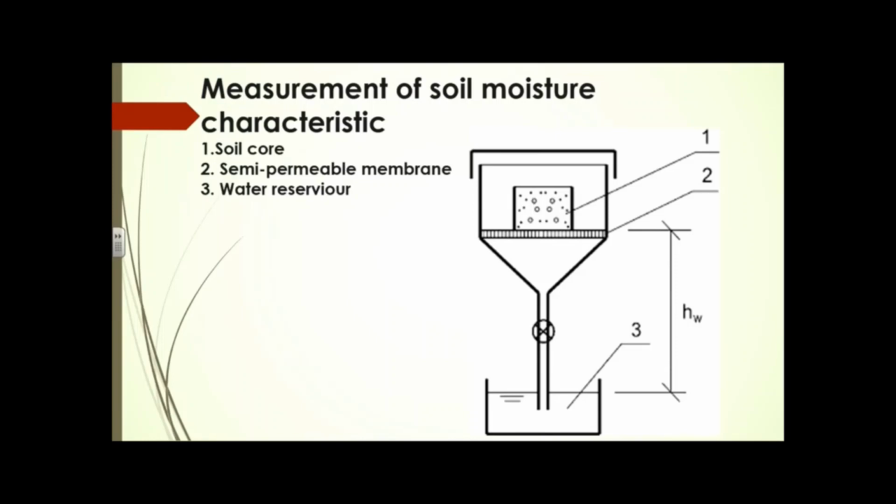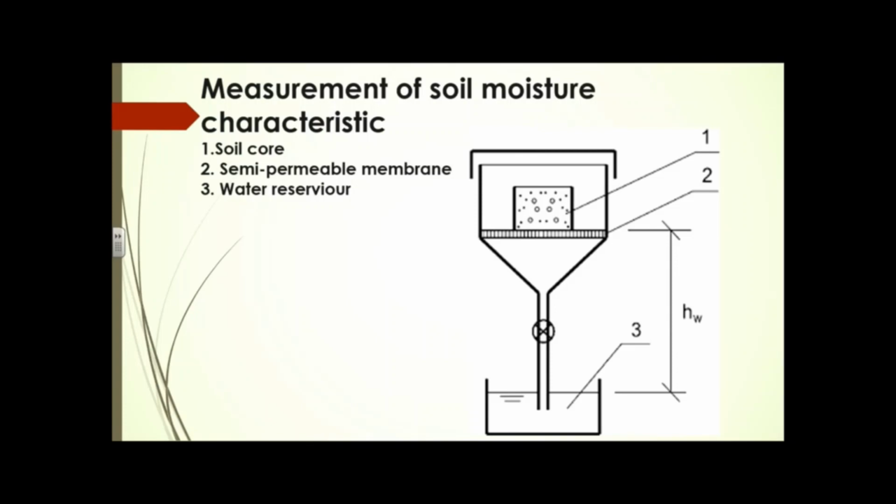So here's your core, and that's where you measure your bulk density and your volumetric moisture content. What we're doing is draining this soil by increasing the negative potential on the soil, that distance h. So we start off with that distance h being 0, the core saturated, which is taking it out of the field and wetting it up to saturation. We're gradually increasing that